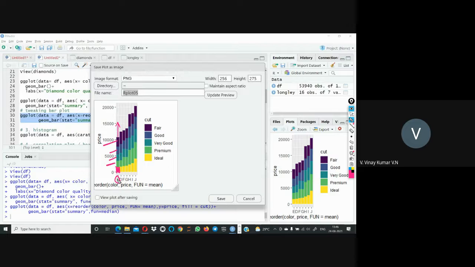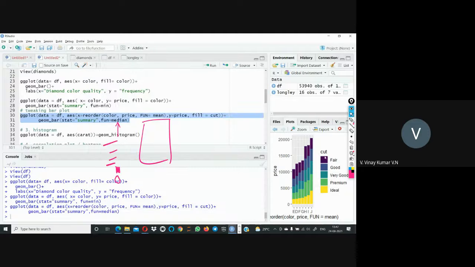So within the same color itself, again, price was classified with respect of the quality of the diamond. So this is how we can do. So more things we can add up. Like you can compare other, I mean, you can compare with respect of the price. We can compare with the cut, with respect of the dimensions of the diamond. Like XYZ features is given, like length, width, height, and what is the depth with respect of that. Also, we can do. So many things we can do in the bar plots. So this is one example of that. So this is all about the bar graph.